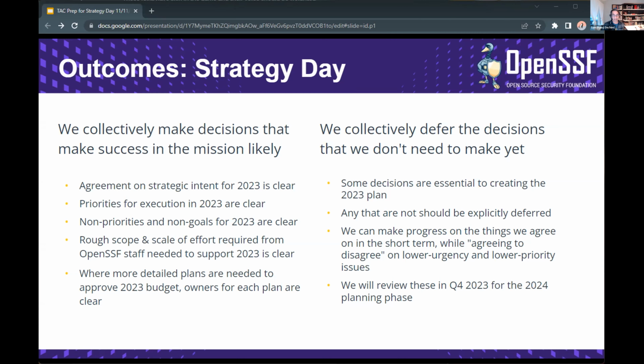What is it the OpenSSF needs to have at the core? And then finally, by the end of the day on November 11th, we want to know that where more detailed plans are needed to approve 2023 budget, that there's a committed owner for each plan. So deferring, I think, is probably fairly self-explanatory, but that's going to be a lot of the discipline in order